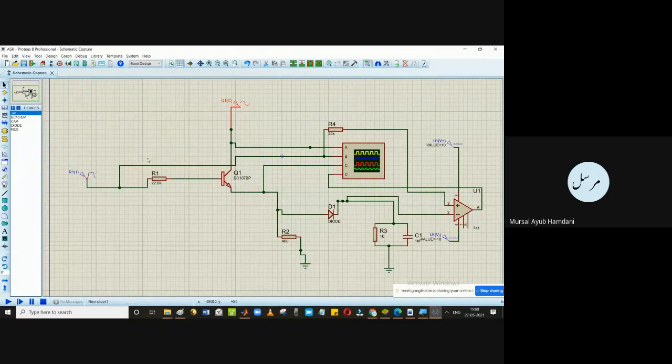So let me see. At A, you can see on the oscilloscope, I have given the carrier. At B, you can see here, I have given the pulse. At C, I have given the output of the transistor. So at C, I should have the ASK modulated signal. Let me see if I get that or not.